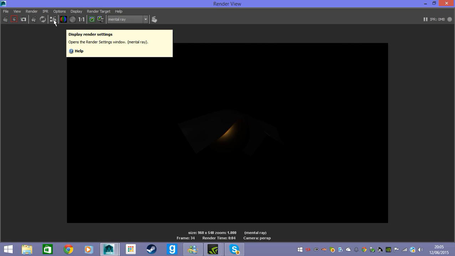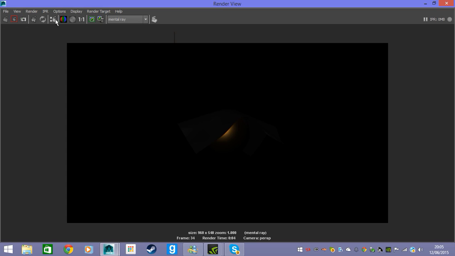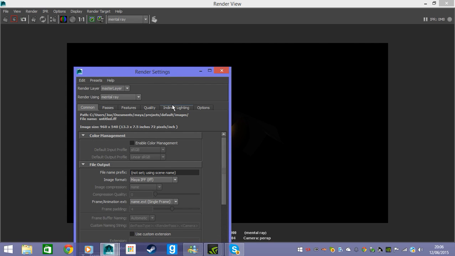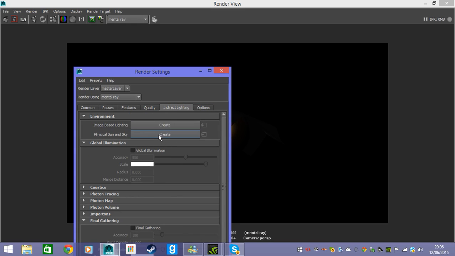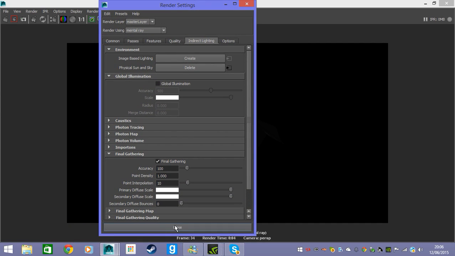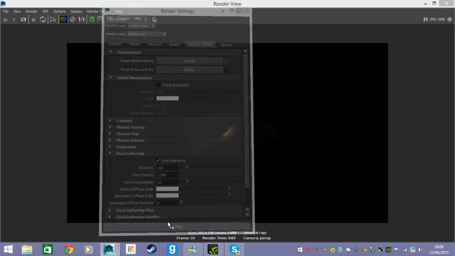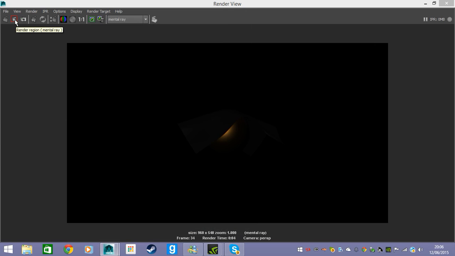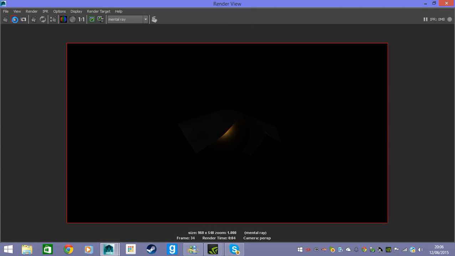So we want to go here where it says display render settings, so it's like the clapperboard with the two dots next to it. You want to go indirect lighting, and one of the easiest things to do is just to click create next to physical sun and sky. Then that adds a light source in, so then you want to hit close. And if you hit the clapperboard with the,